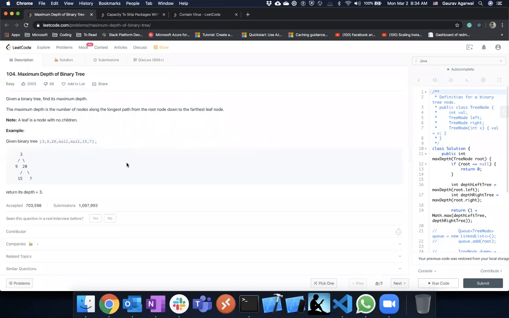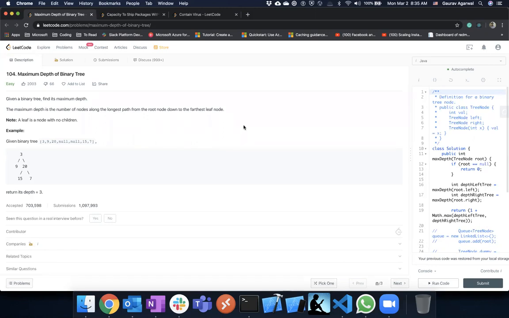Yes. So what's the difference between the depth and the height? Because these two terms are different terms which are used for a binary tree. What's the difference between the depth and the height? So depth, I would say, is the distance of a leaf node from the root node. Yes. And height, I'm not sure what we would call it.